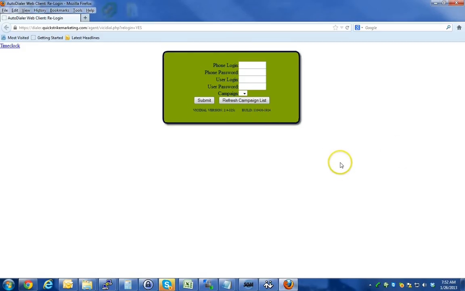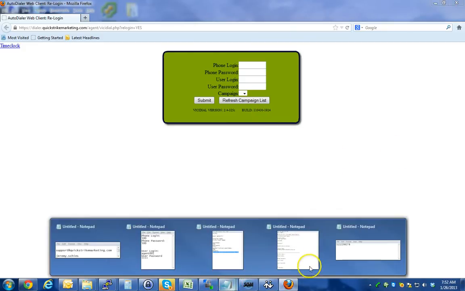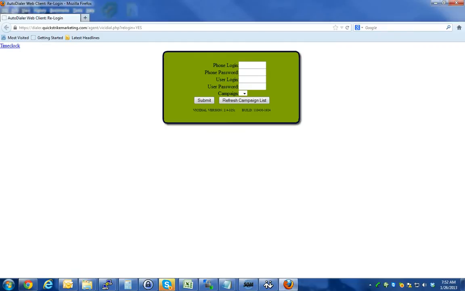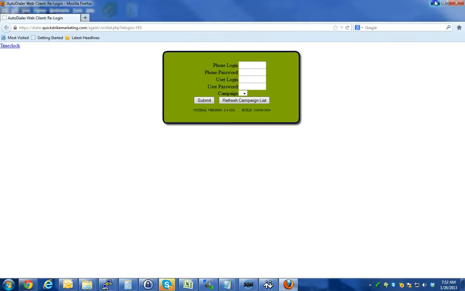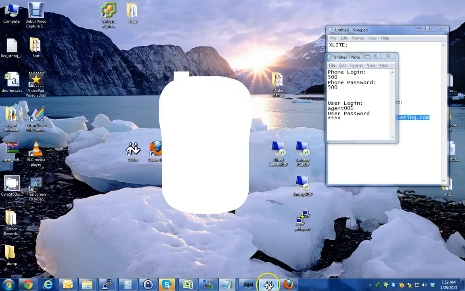Now, as you've seen earlier, I had this screen. You're going to get two sets of login information. One's going to be for the phone, the virtual phone, and the other one is going to be for the dialer system. You should only need, and I'll just make note that before, when we added the information here,